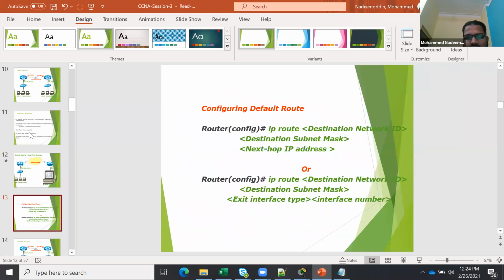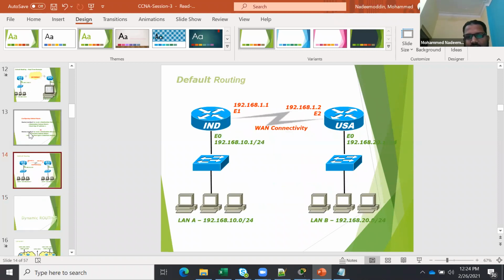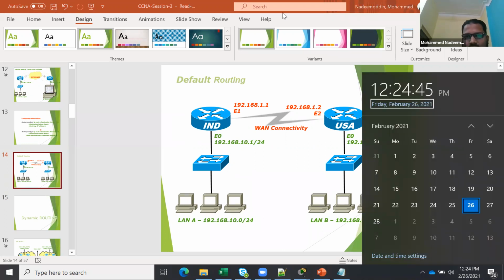And what is the command for the default route? It is the same as a static route. The only thing is, in a static route you will know the destination, but here you don't know the destination. That's why you are defining 0.0.0.0. That's it. Finish. Now see a default route. You can use this diagram as a default route. Instead of defining this destination 20.0, you just put 0.0.0.0, and here also 0.0.0.0. That's it. It will work. Okay, so static and default are done. Now it's 12:30. So what to do?